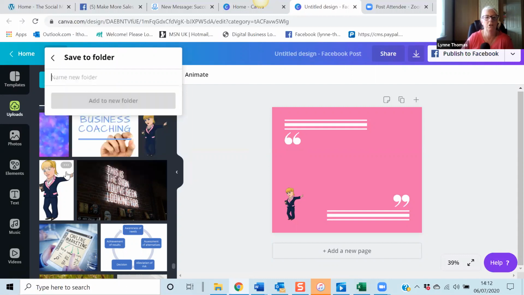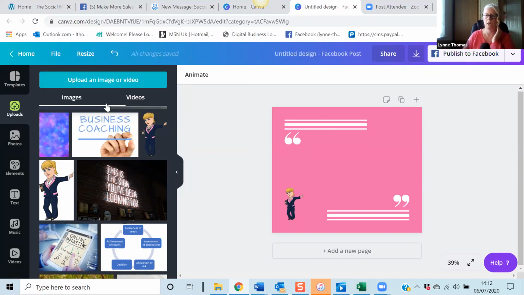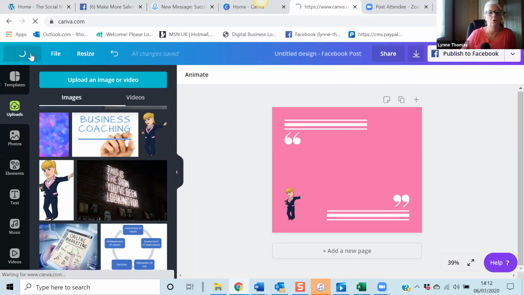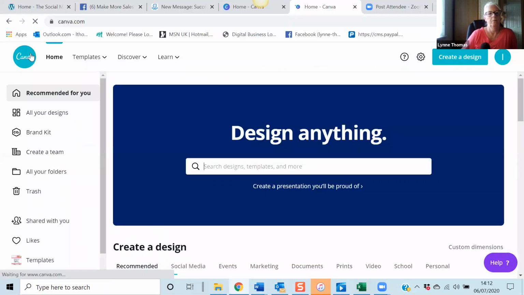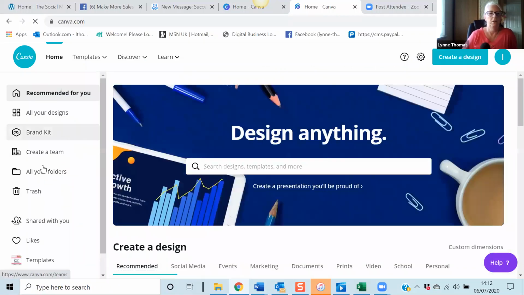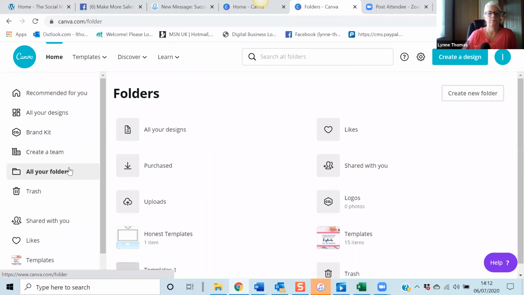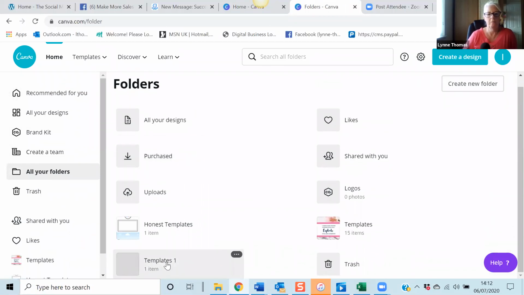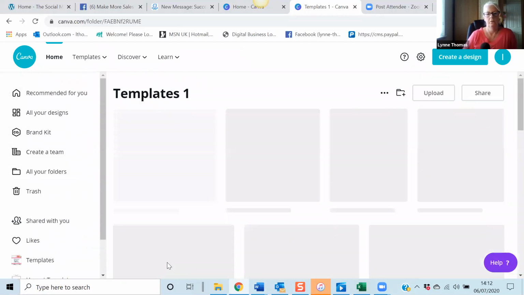So you create new and call it templates 1 and add to new folder. Okay, so that's your template created. Now, if we go back to home, and then we go down to folders, and we can see our templates 1 here, so we can call it